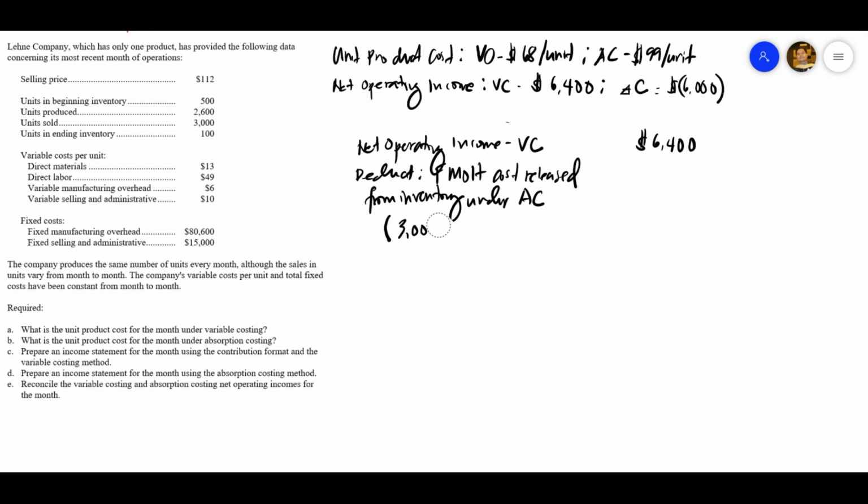minus 2,600. And then we multiply the fixed manufacturing overhead unit cost of 80,600 divided by the units produced of 2,600. I think we have already computed this one. It's $31. So it will give us a value of 400 times 31, which is 12,400. And when we deduct the value, we should get the net operating income